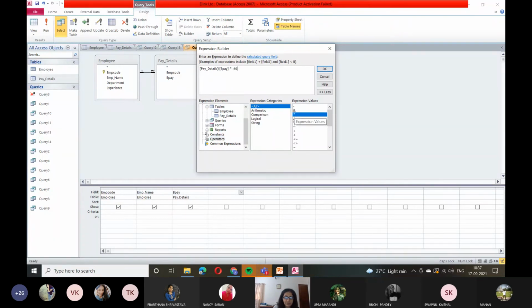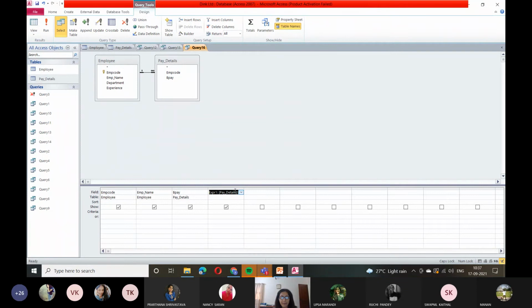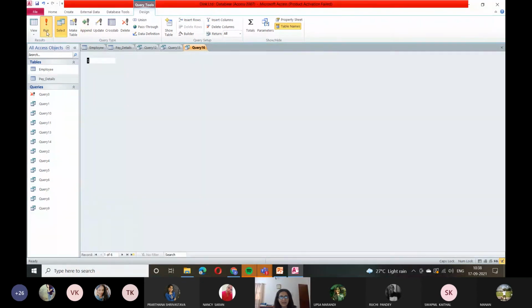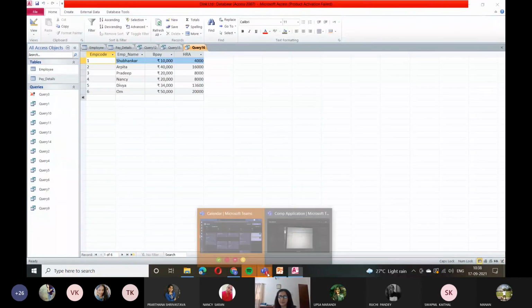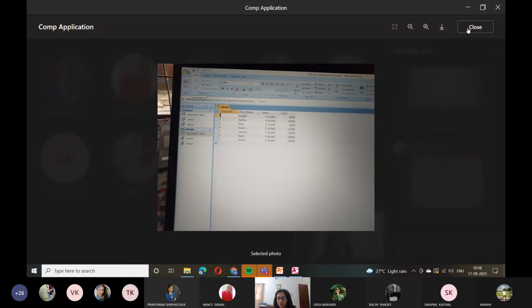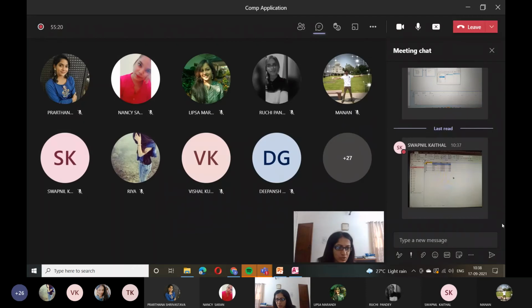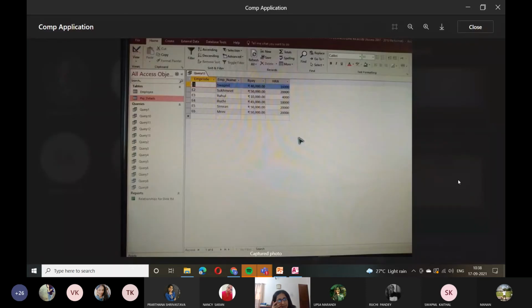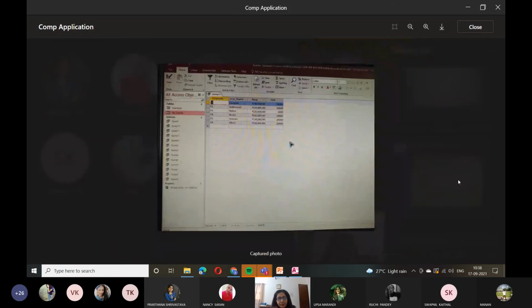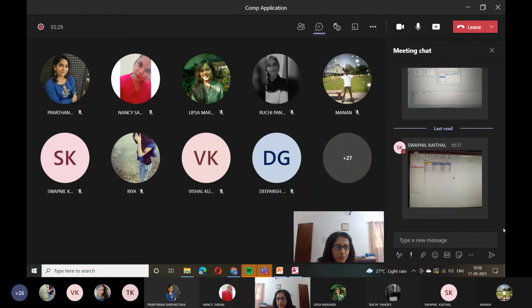Now the moment I put it, it will take by default the expression name, Expr1. कोलन से पहले मैं उसको हटा के लिखूंगी HRA and then I will run it. You can all rerun it and please send me the corrected versions so that you know how to do it. Okay, so Swapnil, yeah, Swapnil has replaced it. Right, Swapnil, thank you. How about others?